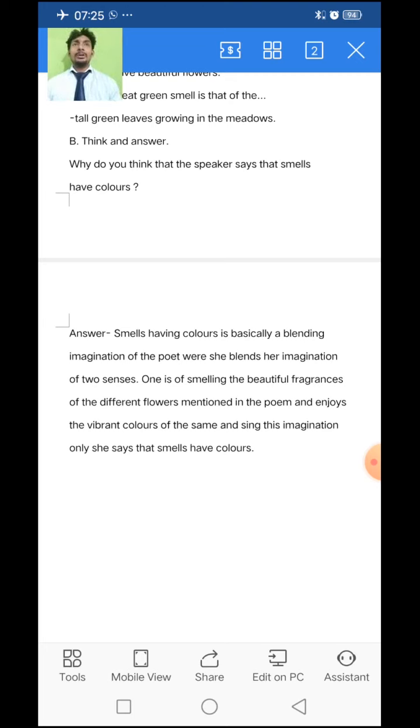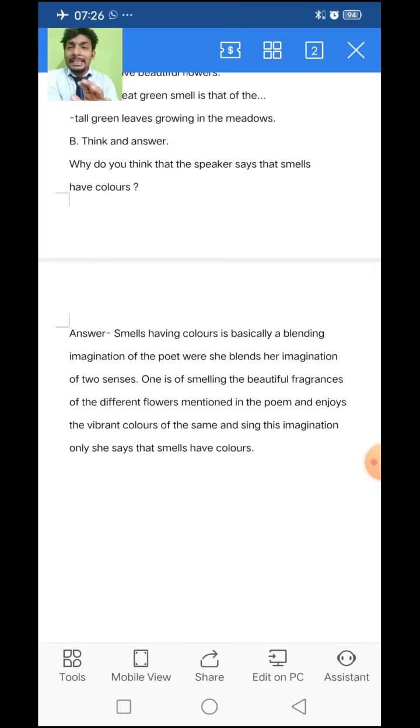We all know that we visualize something with the help of the sense known as sight, and we smell something with our nose. This is very common. This is simple. But here, my dear students, the poet is using both these two different senses, the sense of smell and also the sense of sight,